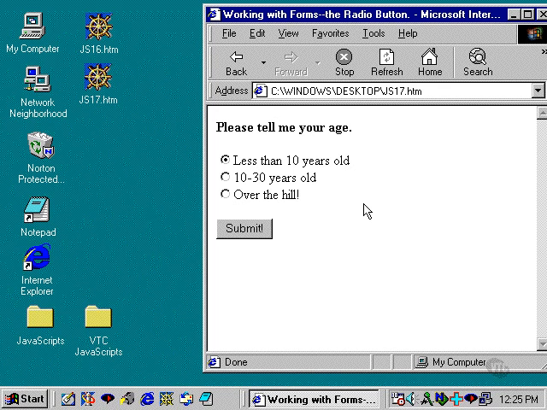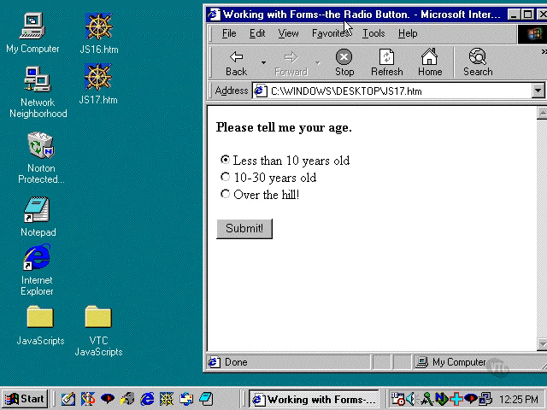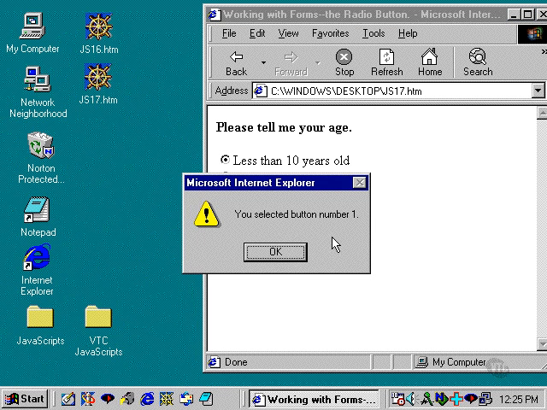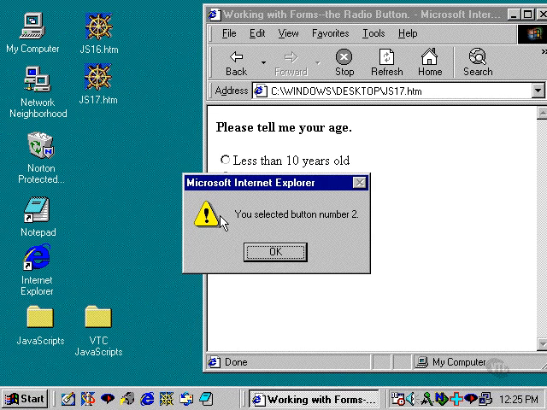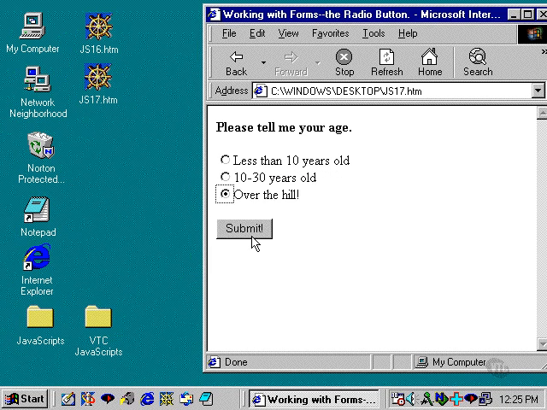Okay, now we're going to talk about the implementation of a for loop when we evaluate which of these radio buttons have been clicked by the user. So this is what we're going to end up with. We're going to click on the first radio button here and click on Submit, and we get a response, an alert box saying you selected button number 1. If we click on the second button, Submit, you selected button number 2, and the third, of course, will return